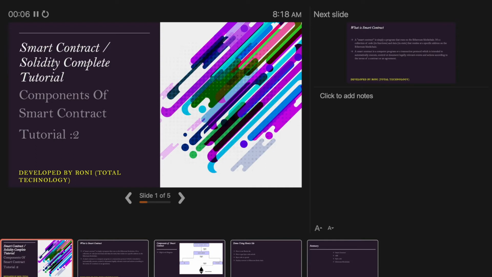So this is tutorial 2 and today's topic will be mostly on the components of smart contract. How to deploy a smart contract. And before deploy, definitely there is a step for compilation. Once your smart contract gets compiled, then what are the different components of smart contracts, how do they actually work